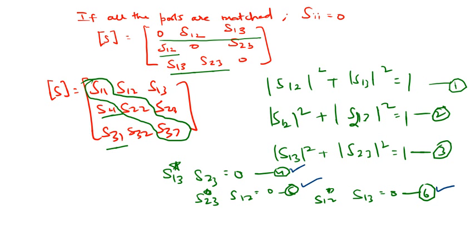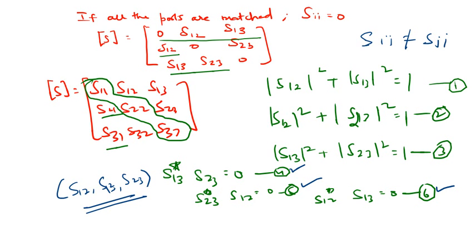what we are going to analyze is that at least two out of three parameters should be equal to 0. What are those three parameters? Those parameters are S12, S13 and S23. Out of these three parameters, at least two equal 0. And of course, if the network is not reciprocal, then we have Sij is not equal to Sji. This is the condition for a non-reciprocal network. So in that case, the energy conservation will not be applied.